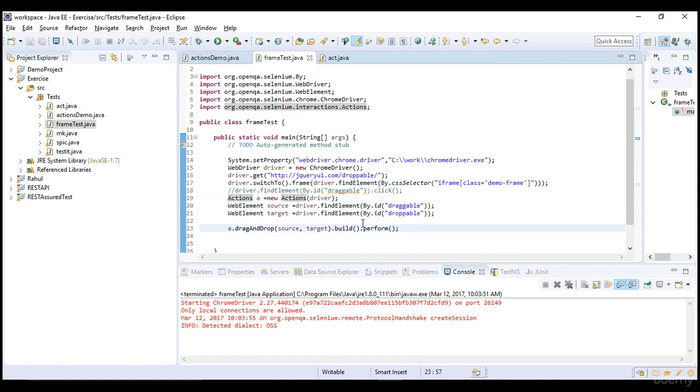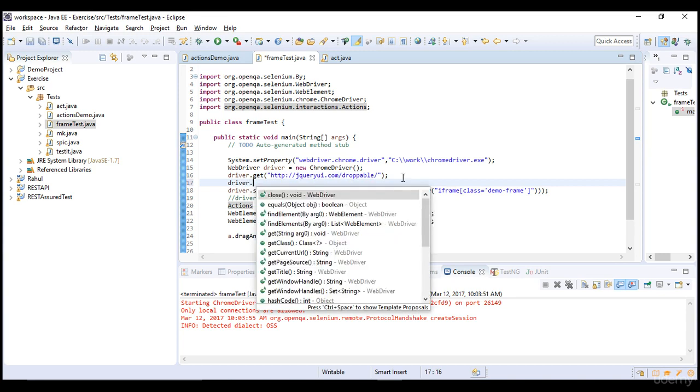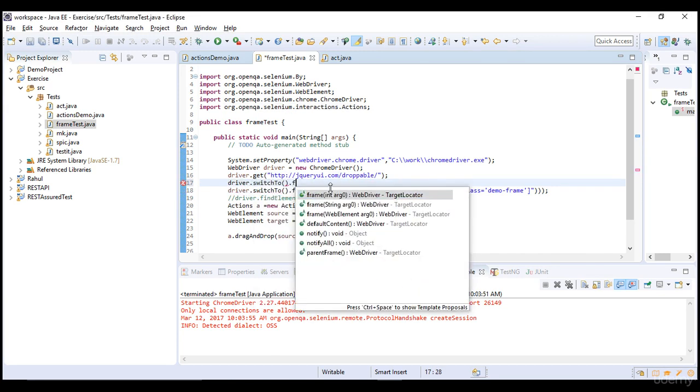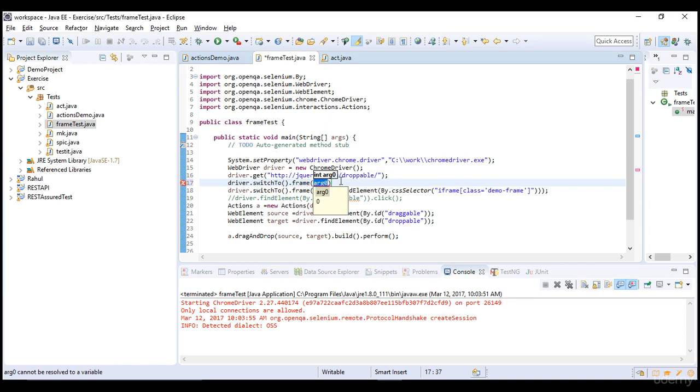Now, we discussed how to do this with a web element, right? You can also do it with an index. For example, if you want to go with an index, let's say in a web page there are 3 frames and you want to go to the second frame, you can simply give switchTo().frame(1). The 0th frame is treated as the first frame. When you say frame(0), driver.switchTo().frame, if you want to switch to the first frame on the web page, that will be at the 0th index. So if you want to switch to the second frame, you can do it with 1.